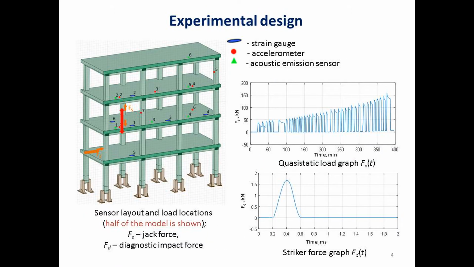Here we see the scheme of the experiment. The picture represents a half of the building with sensors placed on it. Static load is applied by means of a jack, installed between 2 floor slabs. The loading process is carried out stepwise, with increasing the load at each step and reset to 0 before the next step. The deformation response of the structure is recorded using sensors of 3 types.